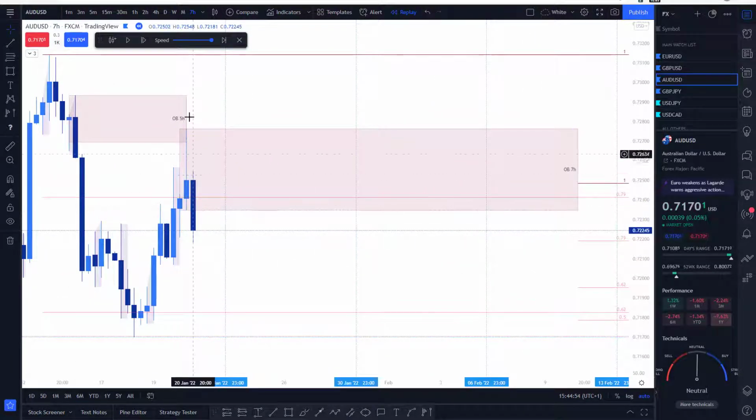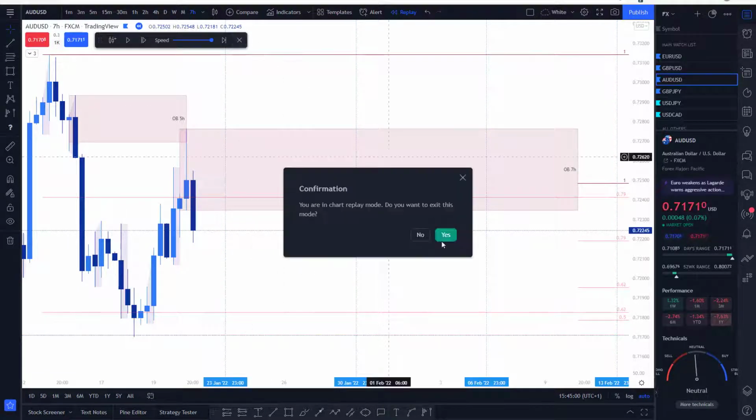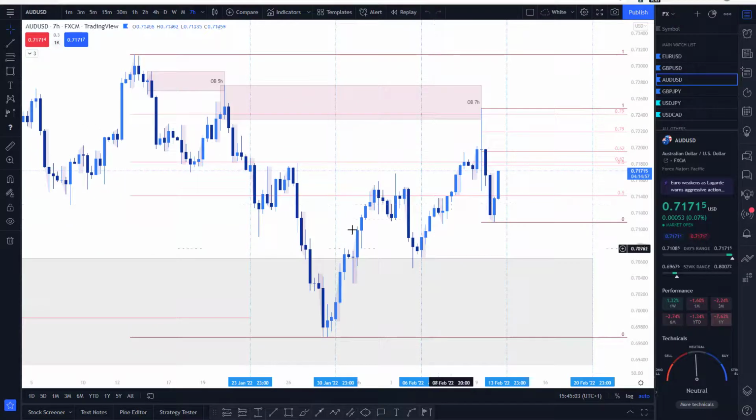So the buy that took two highs to sell, engulfing and making a lower low, pushing down, taking liquidity,